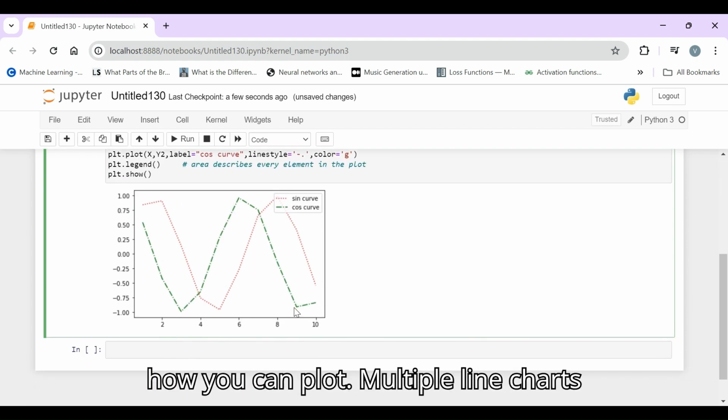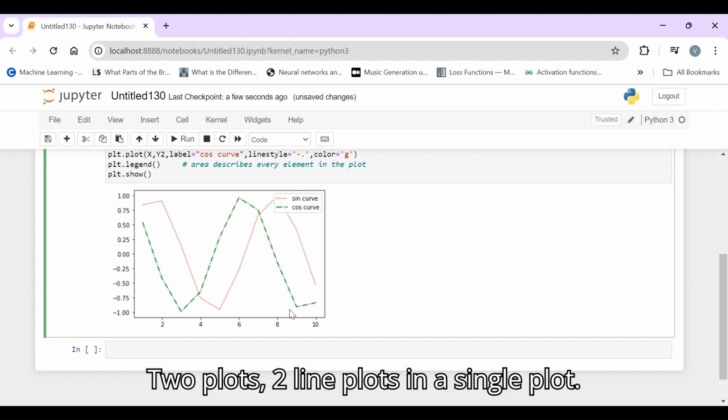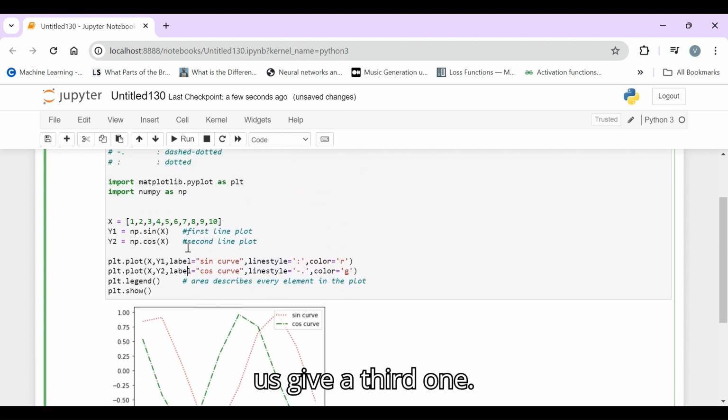So this is how you can plot multiple line charts. It's not only about two line plots in a single plot. You can also give a third one. So let us give a third one.